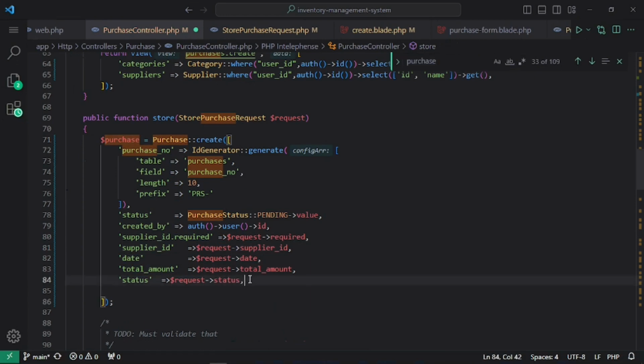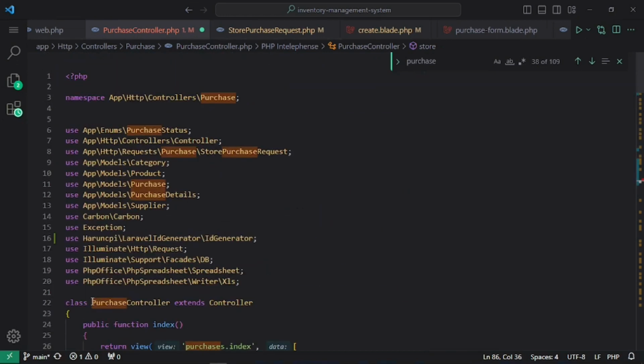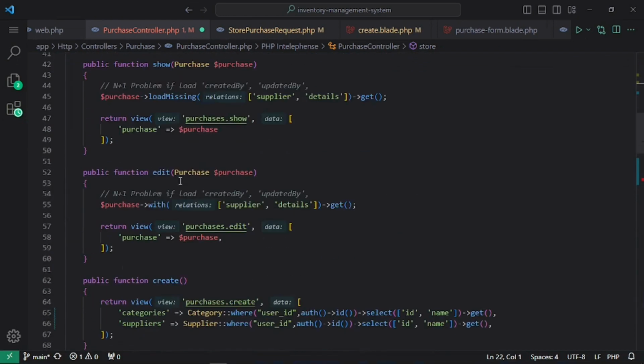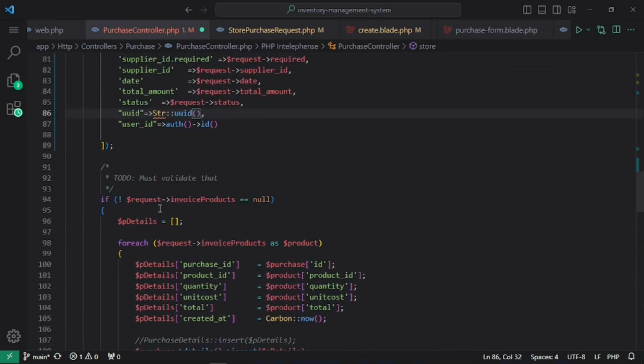And definitely we have added UUID and user ID. So UUID is Str::uuid, and user_id is auth ID, authentic user ID. And let's import the Str, and after that it should save that. Where is the save method? It should create that, and this is a method. After that, must validate the values,